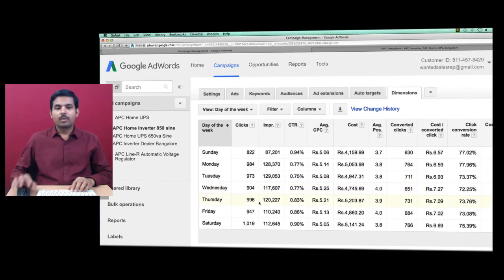Assume you found that on Sunday you get more conversions and you need more impressions to acquire. In this case, you can do an ad schedule, and by creating an ad schedule, you can bid higher on that specific day, and you can acquire more impressions,